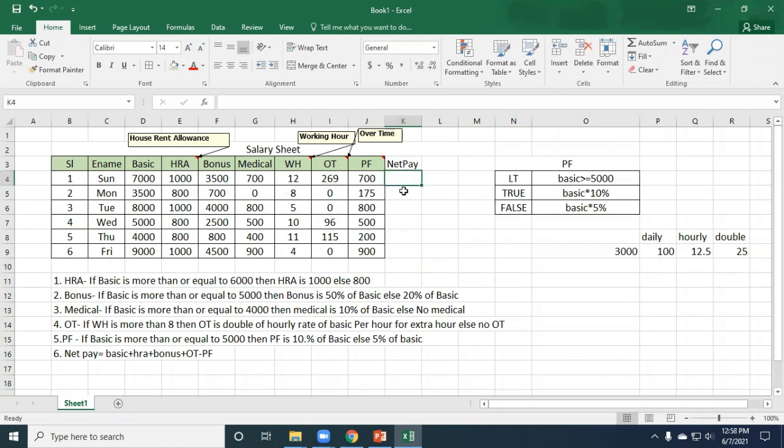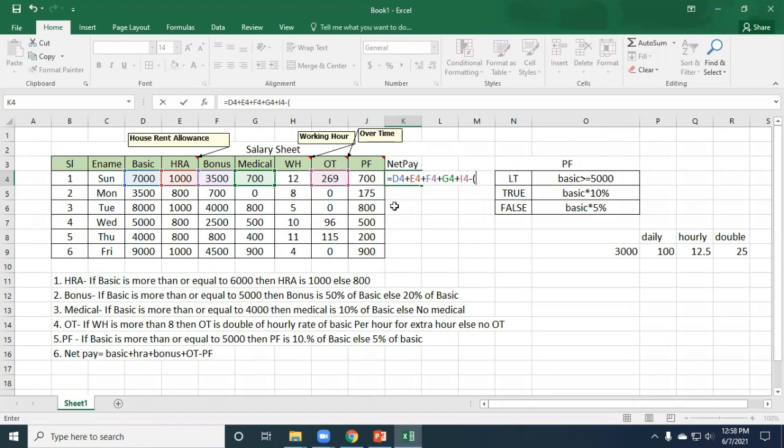So equals basic plus HRA plus bonus plus medical plus OT minus PF, because PF is not received now, it will be deducted.